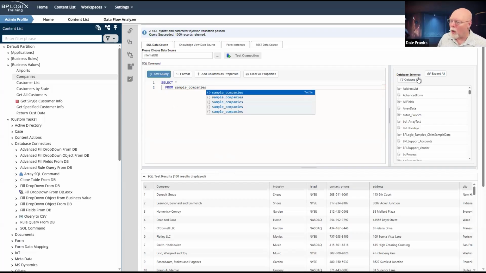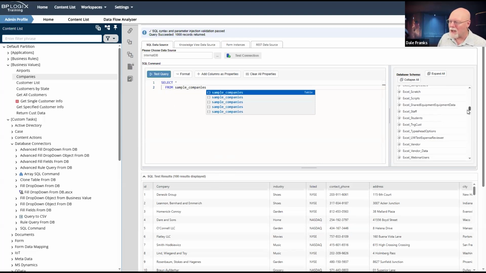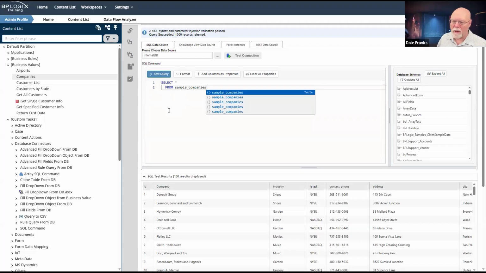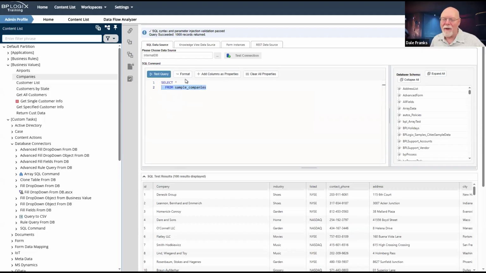So it is data aware. It knows what your database schema is over here on the right-hand side. So it knows what all of your tables are. And if you put in the wrong table name, it won't know what you're looking at, and it'll show you the error that we just saw. Plus, it helps you write. It has IntelliSense. So in that sense, on the front end, the editor itself helps you with your SQL statement to see that it's valid syntactically.